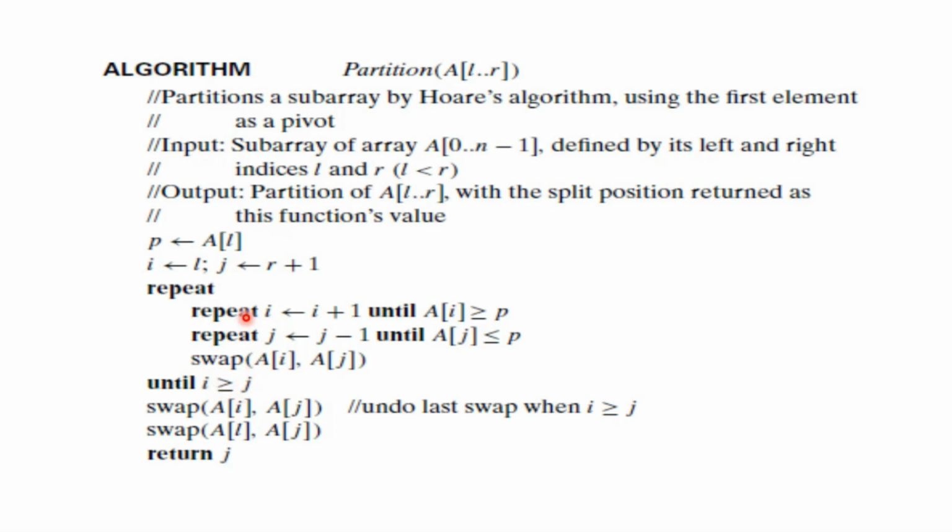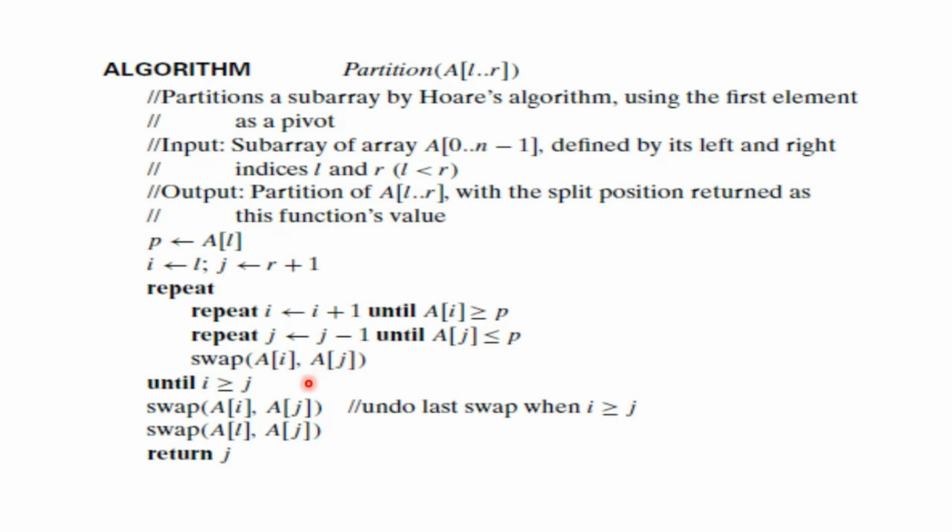What is that? We need to do the scanning. You keep doing i = i + 1 as long as you encounter the element at that i which is greater than or equal to p, and you keep doing this. We have started with one value that is above the rightmost element, so each time you need to decrement the right to left index scanner. So j = j - 1 as long as you find an element that is smaller than the pivot element p. Once you stop, you need to swap the ith element with the jth element.